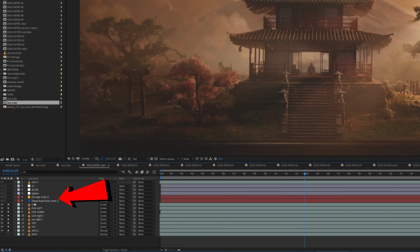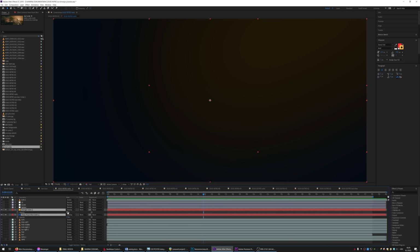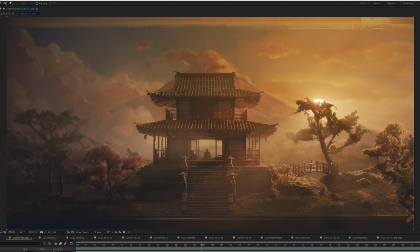And then you can see on the left I have a blue and an orange layer. What do these layers do? Well, these are just solid layers, just solid color, and I just put blue on the left and orange on the right where the sun is, and I use them just to softly shift your focus to the right of the image. This is without them and this is with them, and I did it in a very subtle way,